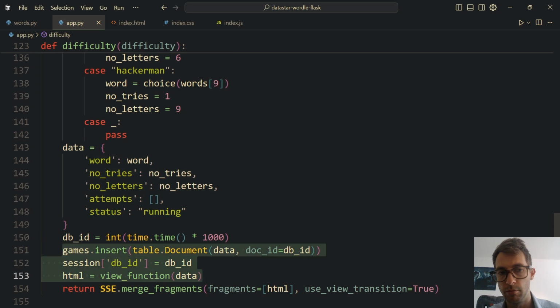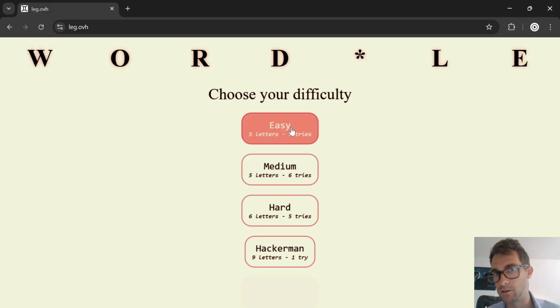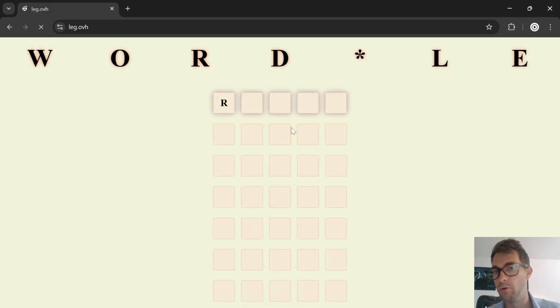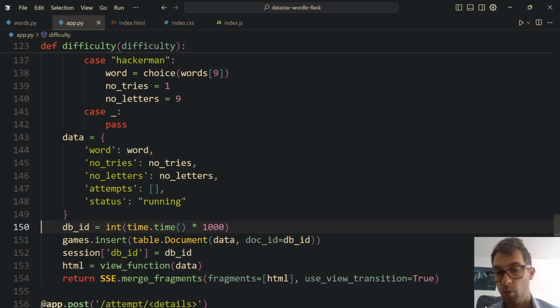We put that all in the database. We call the view function on this fresh data. And like before, just use merge fragments. Fragments equals HTML to the fat morph on main. And that's how you get this really seamless transition between the two. One little trick that is important to mention here: